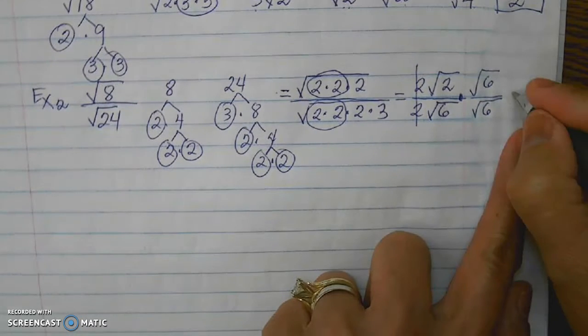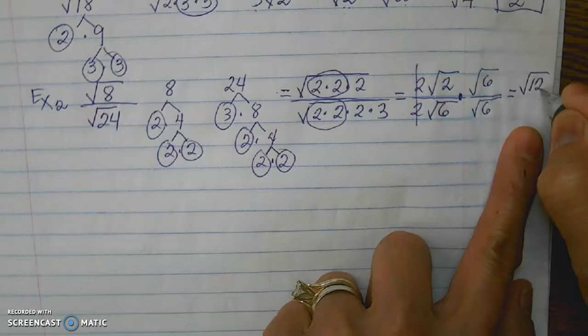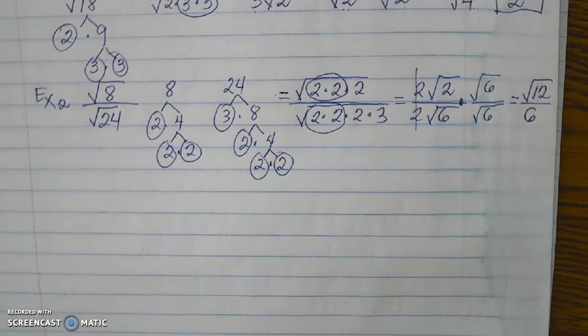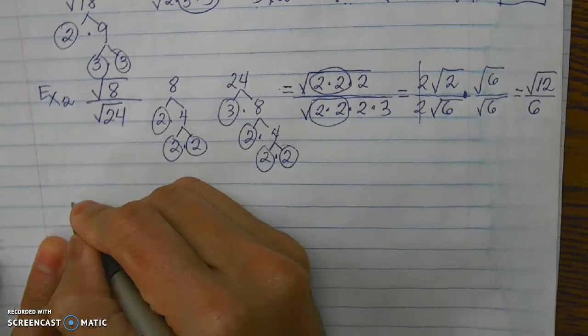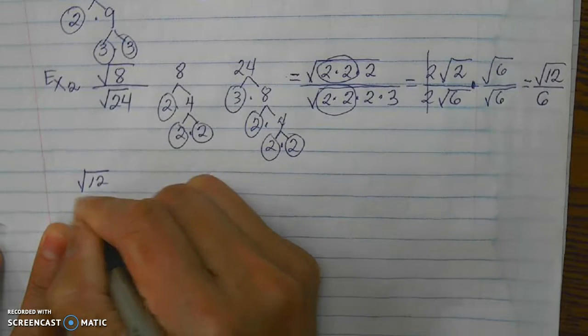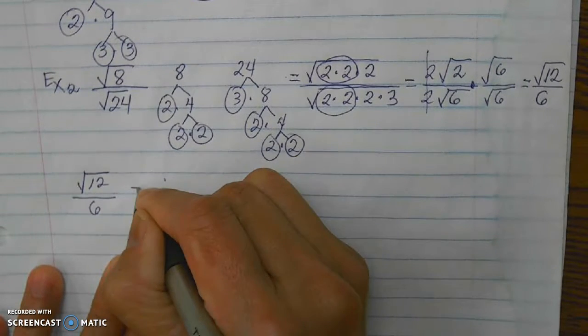Which is square root of 12 over 6. Okay, so now we have square root of 12 over 6, and square root of 12